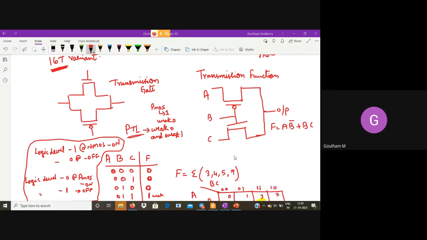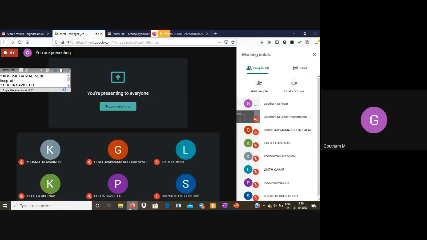Now one of you can tell me, what is the advantage of this type of circuit? What can you foresee here? Any answers?